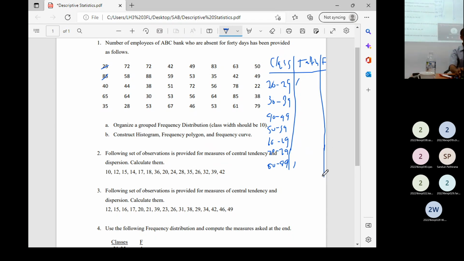Like that you have to use the tally table. 40, here. 65, this one. 35, 72, 58, 44, 64, 28, 72, 88, 38, 30, 53, 42, 59, like that, cut it. 51,